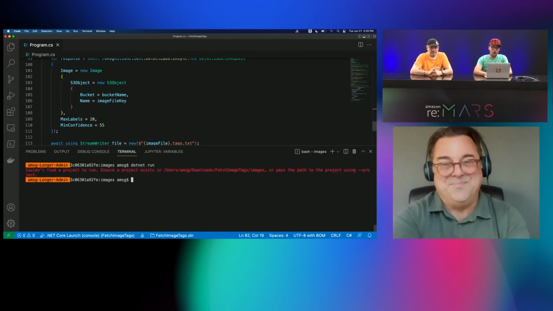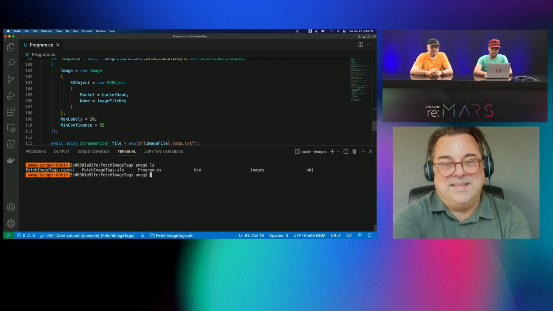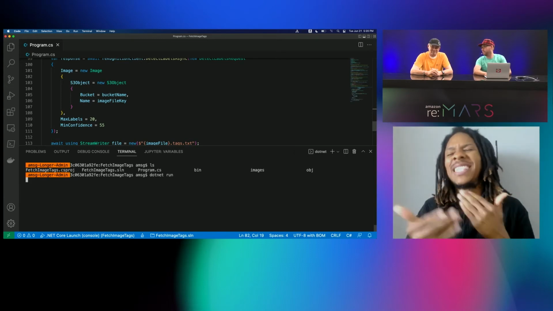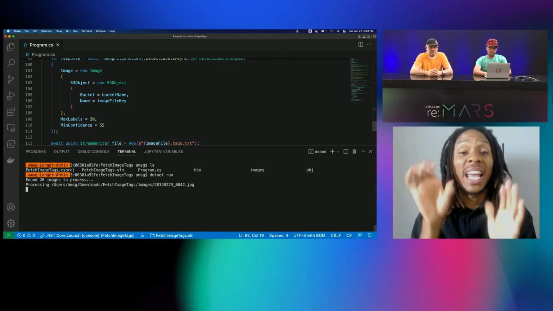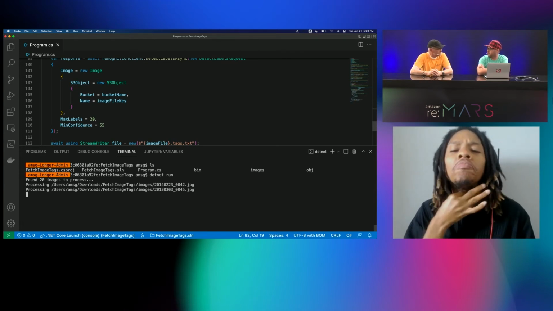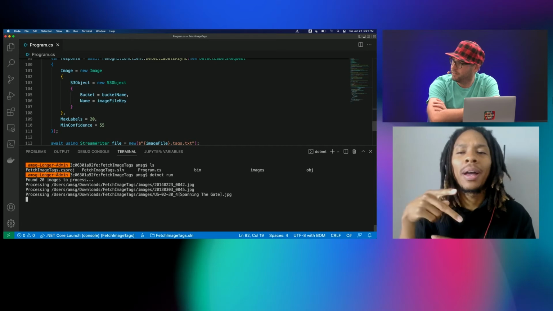Uh-oh. Oh dear. I'm in the wrong folder. You're in the wrong folder. That's good. That's an easy one to fix. Nice and easy. All right, 20 images. Okay. I'm really curious what it's going to say about our Peter Cottontail friend. I would be curious about Peter Cottontail too.